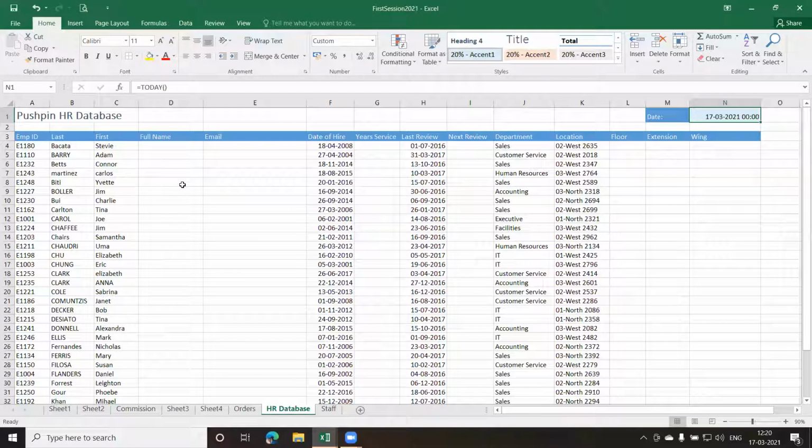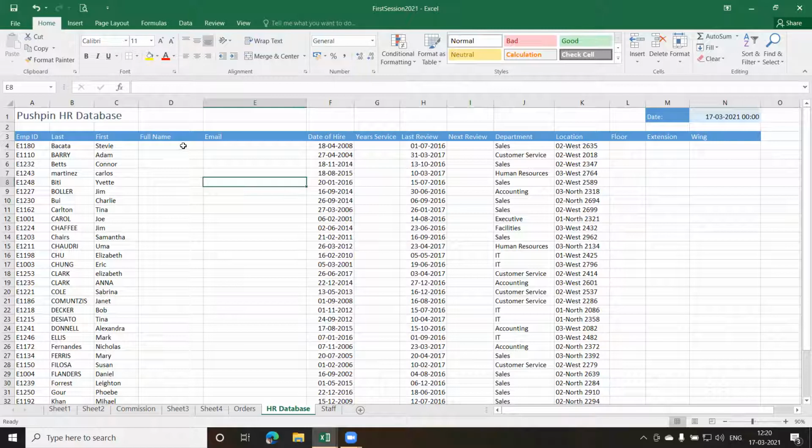In that case, the date which is there on your system, that date is going to come and not the current date. Okay, so it totally depends on your machine and the system date, which you can see here below. This is my system date, and based on this, my date has come here.